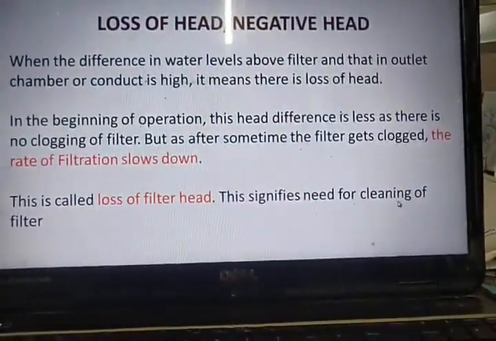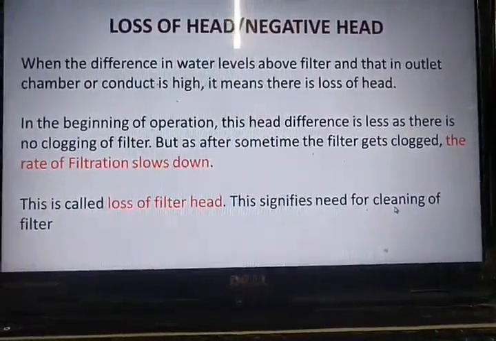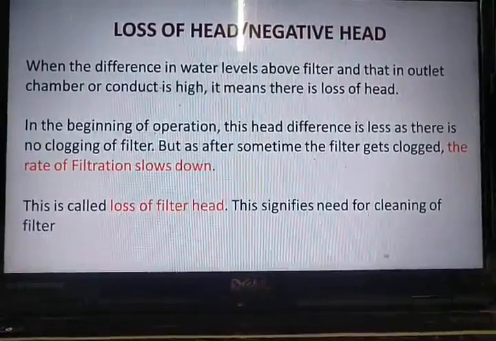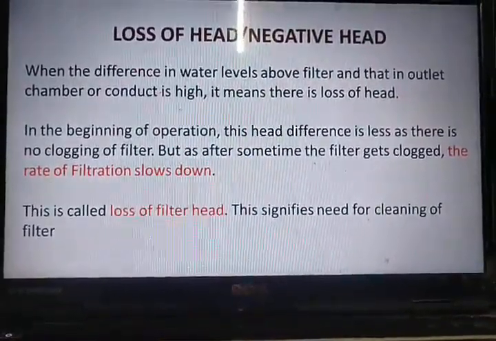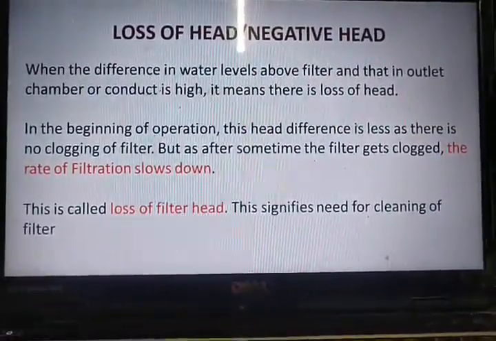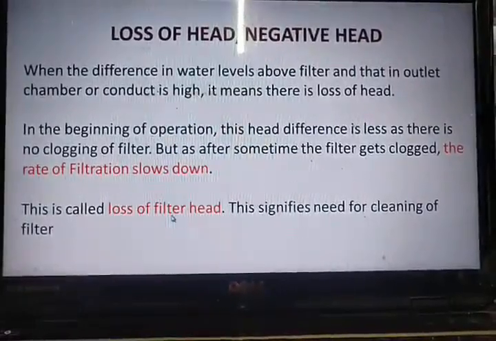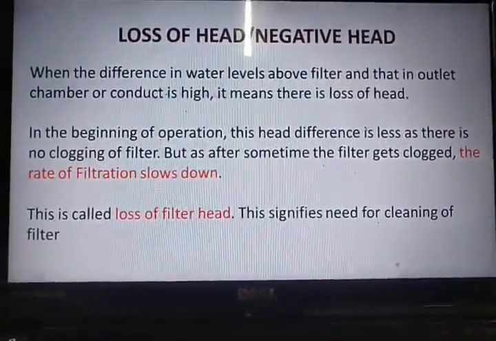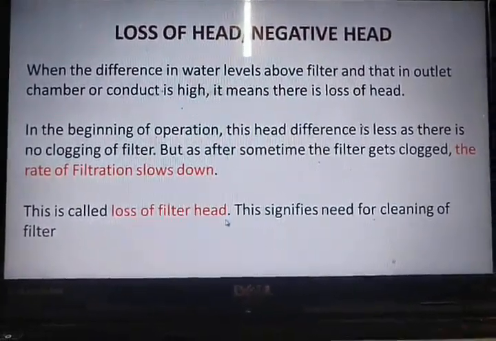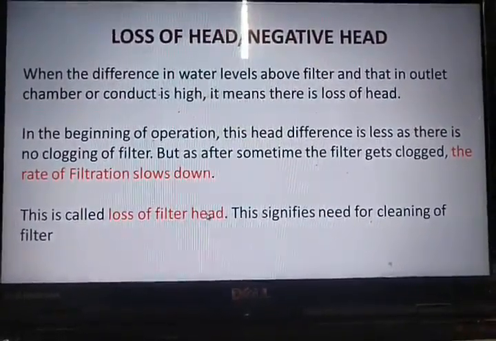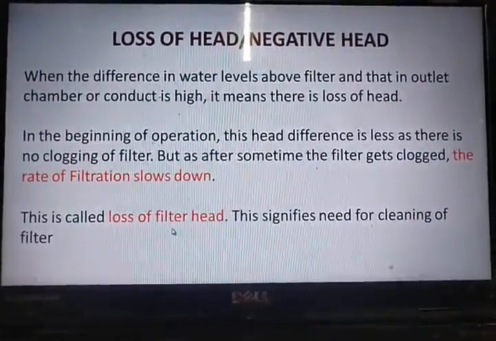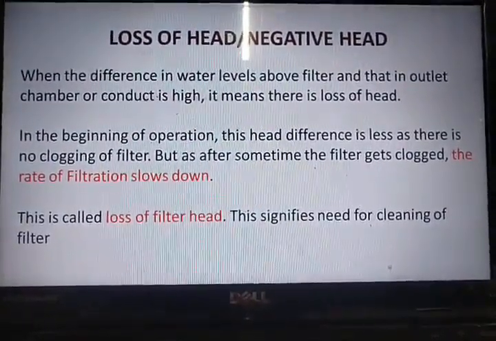So that is why in the beginning I told you that there is no fixed interval for backwashing. That means it ranges from 1 to 5 days. That means sometimes we may have to backwash twice in a day if the loss of filter head is more. It depends on the incoming water quality. Sometimes the water may be very dirty, then it may require backwashing once in a day. Sometimes the water may be very clear, then the backwashing can be done once in 2 or 3 days.